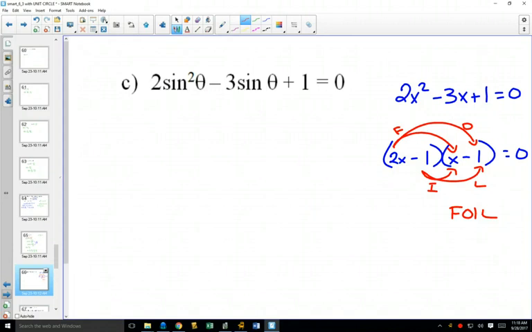Now when you do that, a pattern emerges. A pattern emerges for all of your trinomials. Your first ones always end up being this first one. Your last ones always end up being your last number. And the outside and the inside always get combined to be that middle number. You might have noticed that while you've multiplied things out in the past. So when we go to factor something like this,